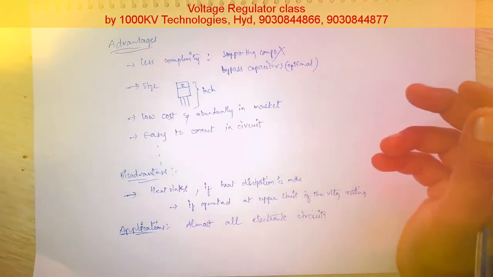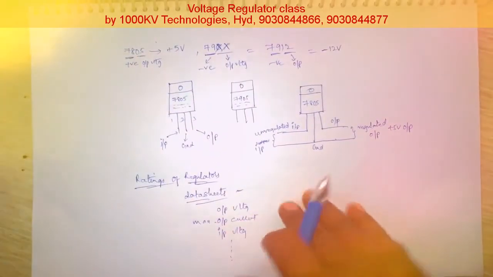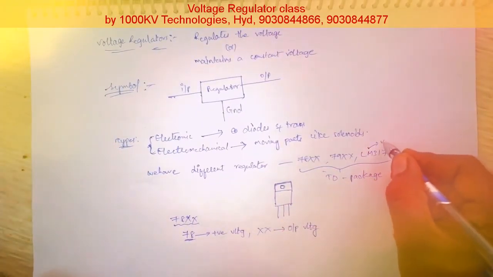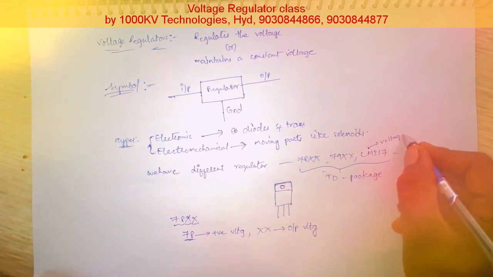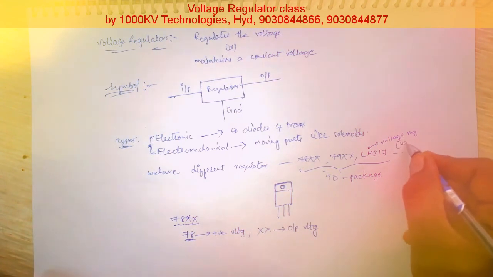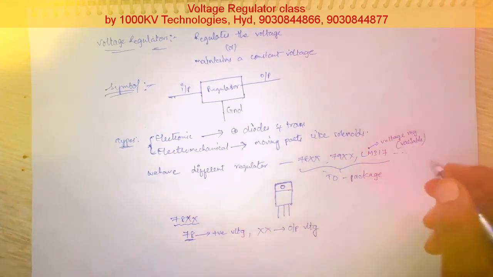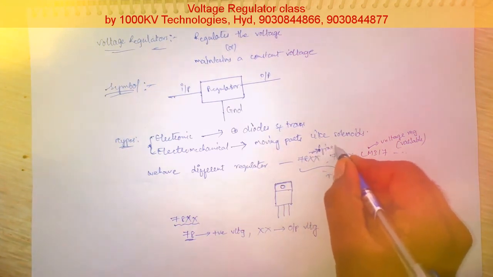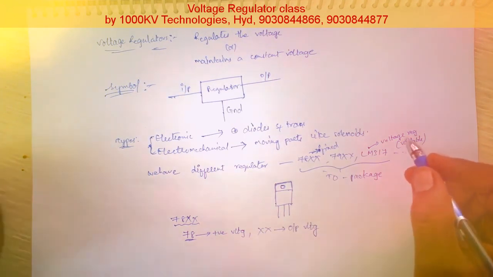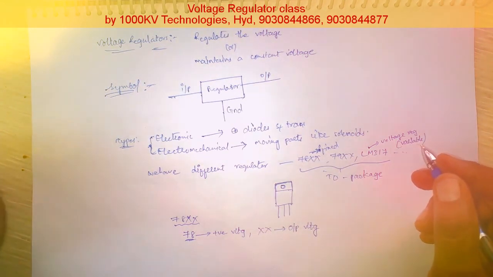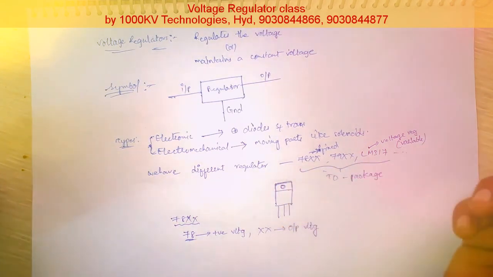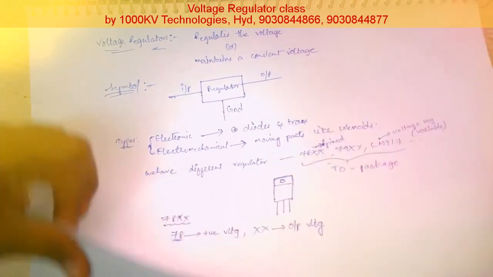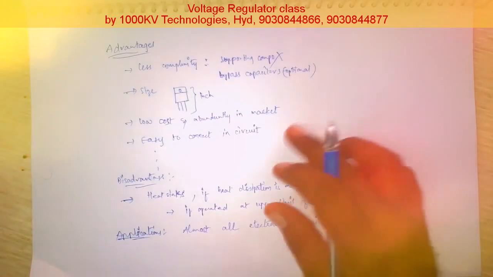And coming to one more circuit, other than the 7805 we have the LM317, which is a voltage regulator. This is a variable voltage regulator. These are fixed voltage regulators, and this is a variable voltage regulator. Generally it is about 5 to 35 or 36 volts. We can vary the voltage within this range. And this is about the voltage regulators.